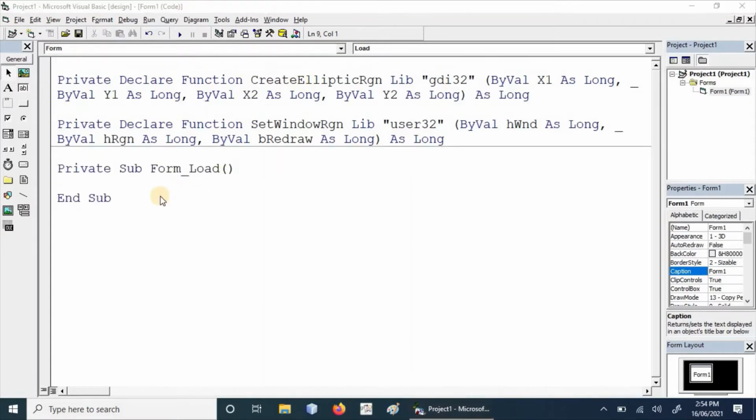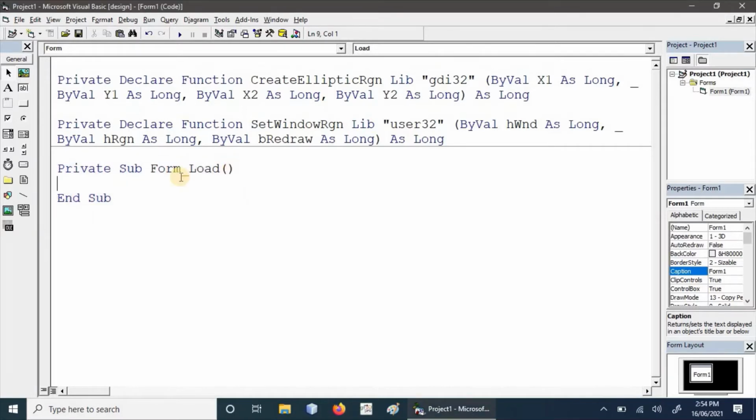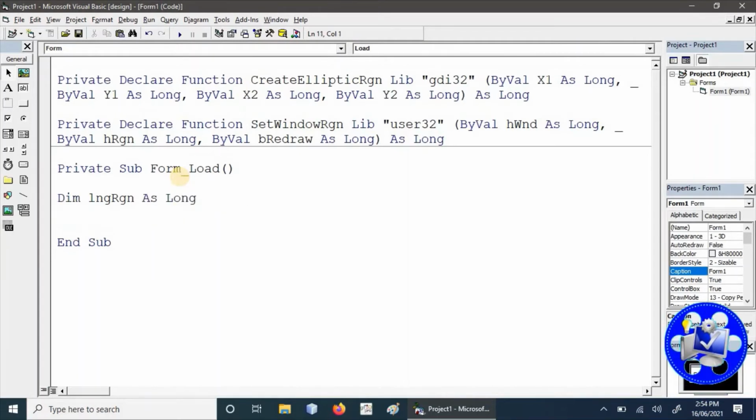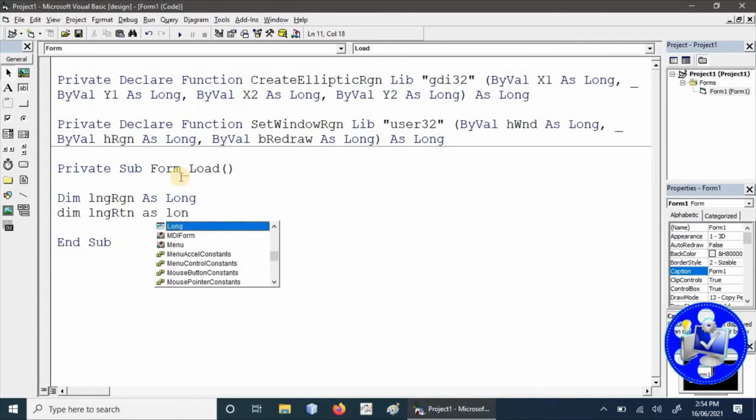We go to the form load event. As the form loads, it automatically sets the form region. We require 2 variables of long type, and we can name them any proper name, such as lngRgn and lngRtn, long return as long.